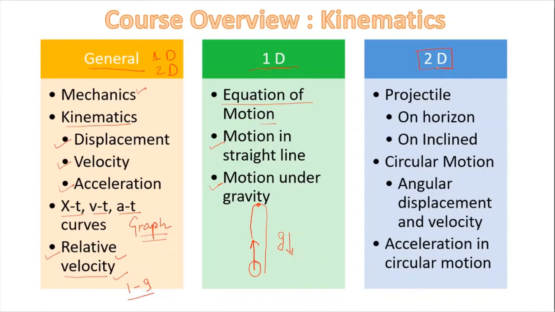In 2D motion, the motion will not be only in the x direction, but the motion will be in the y direction also. So it will be in two directions. Just think of a particle, if you throw it like this, it is moving in the x direction also, and it is moving in the y direction also. This distance is giving you the y direction distance, and this distance is the x direction distance. So it is moving in x and y both. That means it is moving in a plane, and that is why it is kept inside the two-dimensional category.